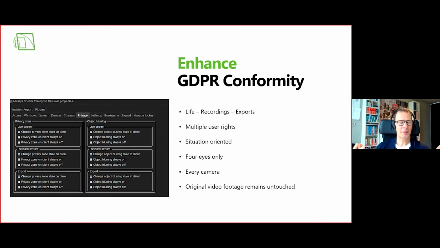Four eyes only, I mentioned it already. So we also have this two-password or two-factor authentication, where, for example, two people need to log in to the system, and then you can see the faces without any blurring. It is working with every camera, independent of the resolution, independent of the frame rates, etc., independent of